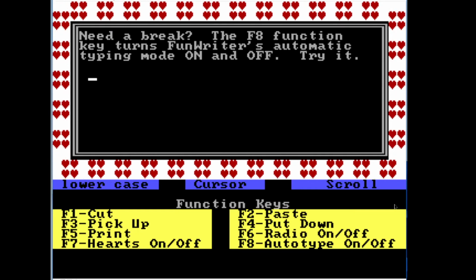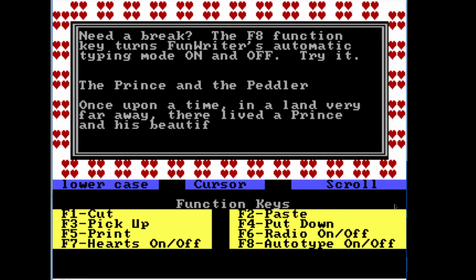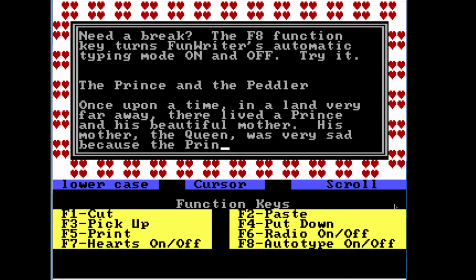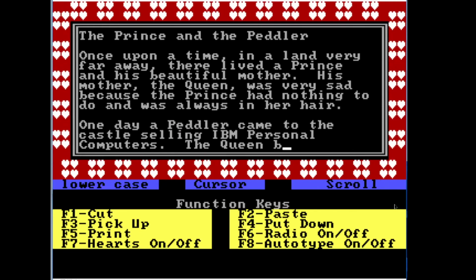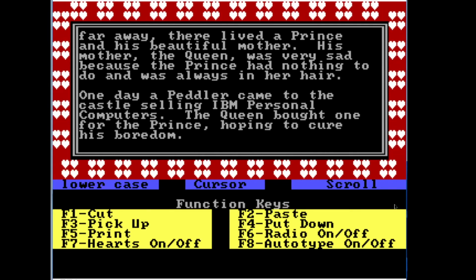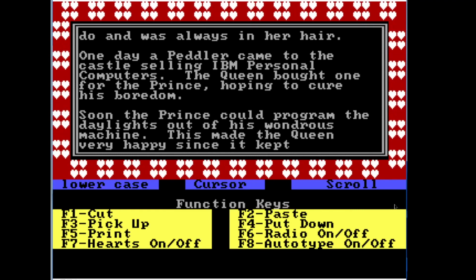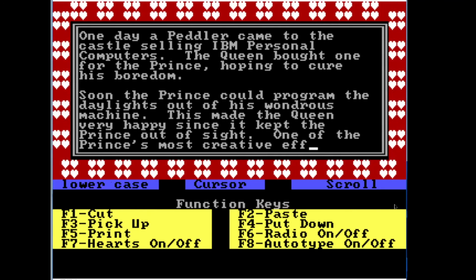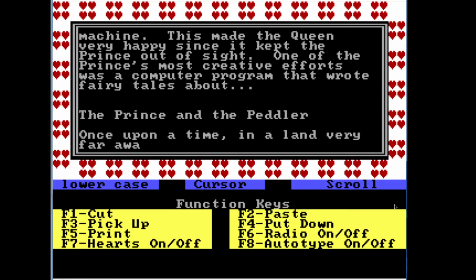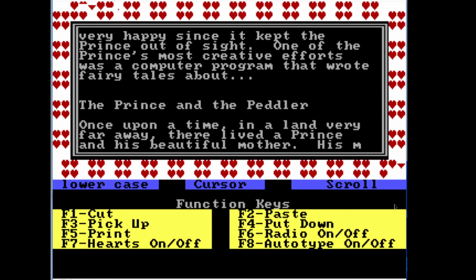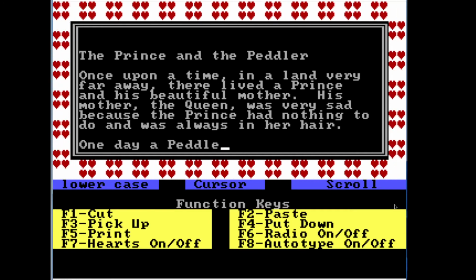It's a recursive thing. So, the Prince and the Peddler. Once upon a time, in a land very far away, there lived a prince and his beautiful mother. His mother, the queen, was very sad, because the prince always had nothing to do, and was always in her hair. One day, a peddler came to the castle, selling IBM personal computers. The queen bought one for the prince, hoping to cure his boredom. Soon, the prince could program the daylights out of his wondrous machine. This made the queen very happy, since it kept the prince out of sight. One of the prince's most creative efforts was a computer program that wrote fairy tales about the prince and the peddler,